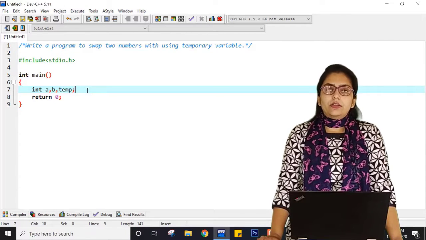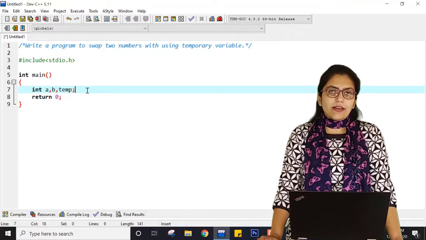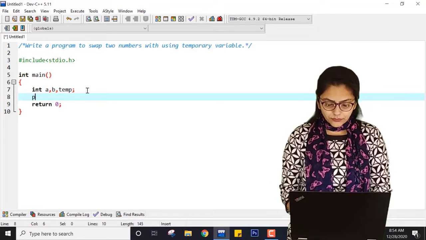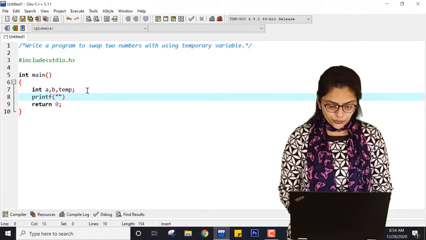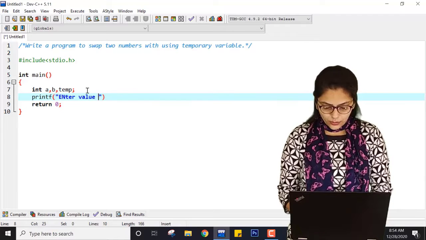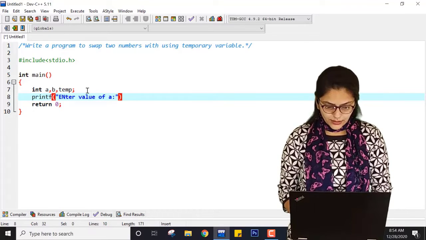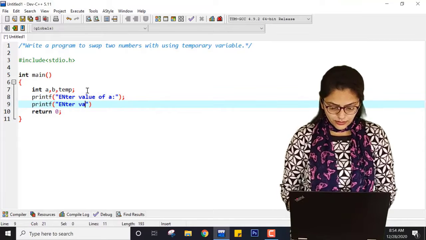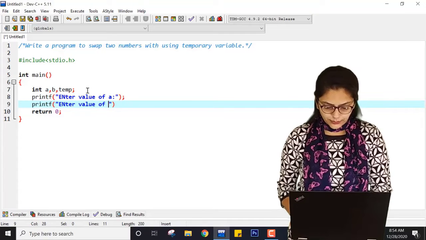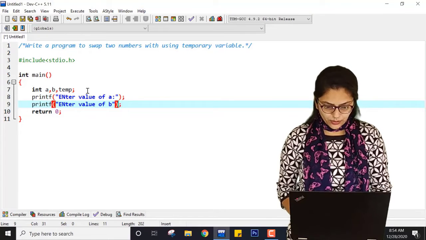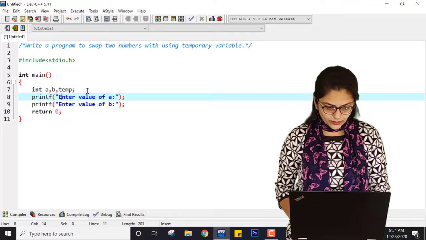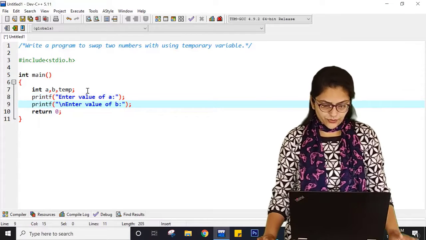Now I want to add two values from the user inside variable a and variable b. So for that, what do we need? First of all, I am telling the user, printf enter value of a, then semicolon, printf enter value of b, then semicolon, and here backslash n.